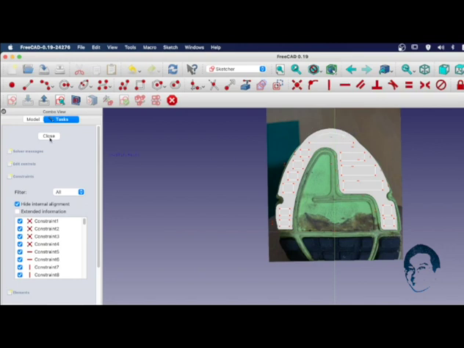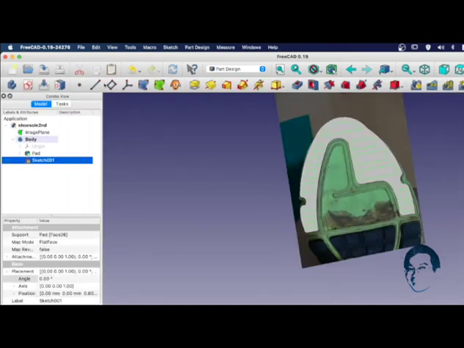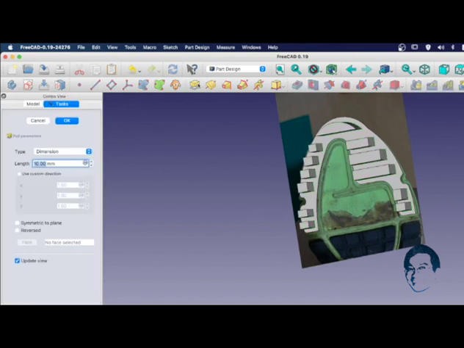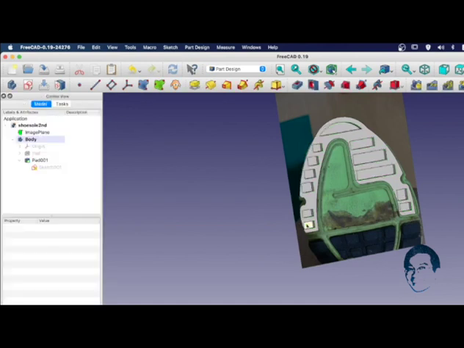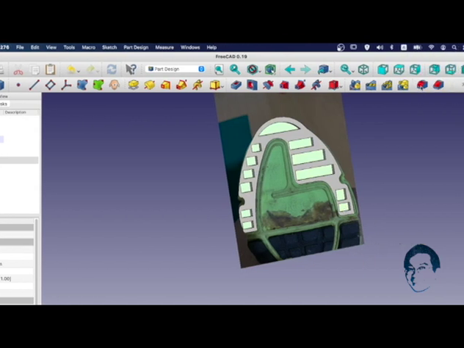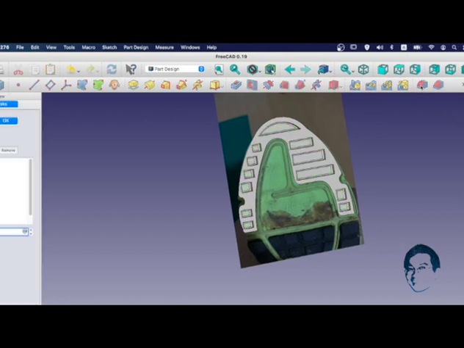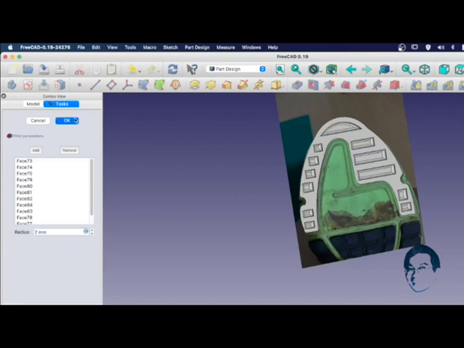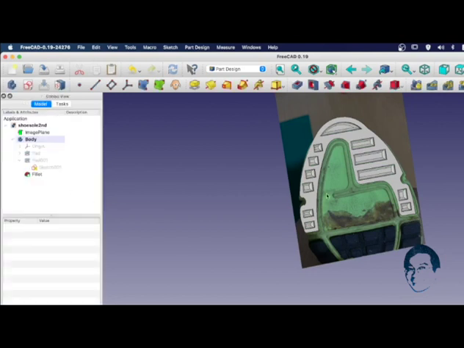Alright, when we're done, we close it and now pad the thing to 3 mm. Alright, we're good, and we also want to add a feather to the edge of all this surface. So I select all of them, and click on the feather tool here and put 2 mm to that. Alright, so we are done with the second piece, and let's save this one.